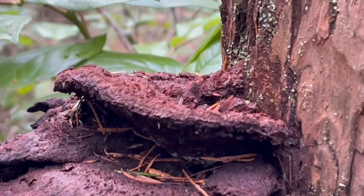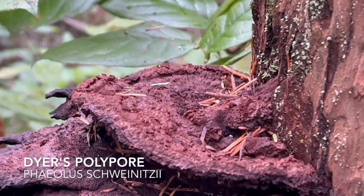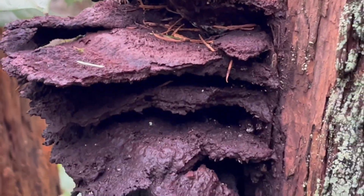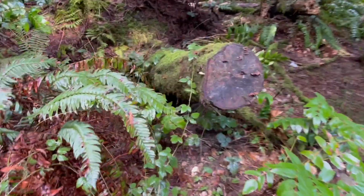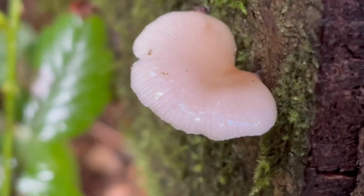So just figured I'd point that out. Cool to see. So Dyer's Polypore, Phaeolus schweinitzii. Keep your eyes peeled. And just up here on the side of the trail, we've got a lone fruiting of